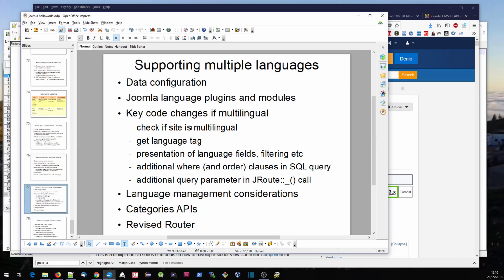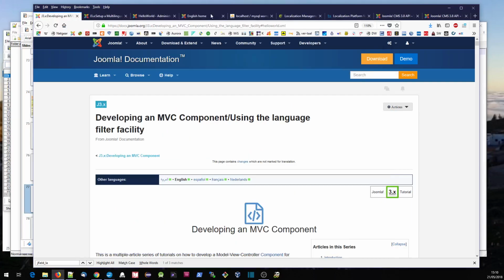Now I'm going to split this step into two videos. In the first video I'm going to cover all of the multilingual aspects, and then in the second video I'll look at the categories APIs and the revised router functionality. Okay, so the first thing we need to do is to build the data configuration to make the site